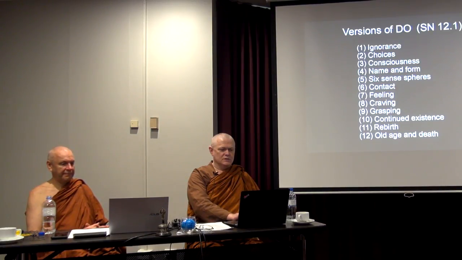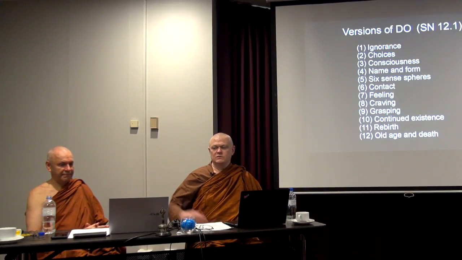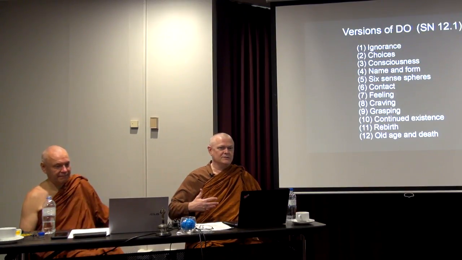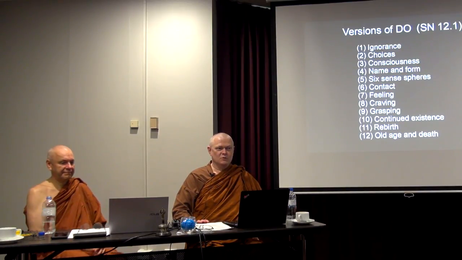So then, of course, the woman saw that the fruit of the tree was good for food and pleasing to the eye, and also desirable for gaining wisdom. So here we have the names and forms. We have the six sense spheres, because you're seeing things, you have contact, you're seeing this delicious fruit, feeling, craving,